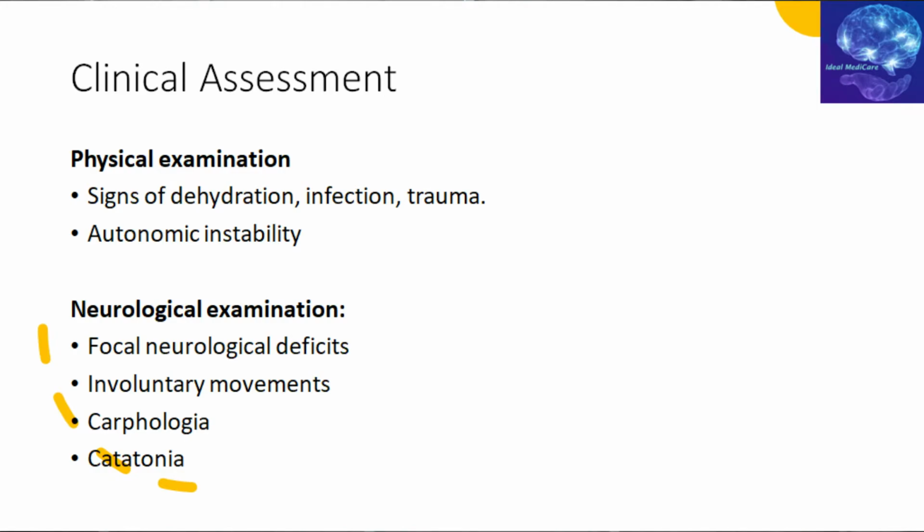These patients tend to have involuntary movements. When we talk about involuntary movements, it could be tremors, which are usually 8 to 10 hertz tremors, mostly action-related. These patients may be having asterixis, like we discussed in our case, which is a negative myoclonus, or inability to maintain sustained posture. These patients tend to have asymmetric myoclonus as well. There could be carpologia, which means they are picking at objects, like picking at the sheet or the buttons. Catatonia is flexibility. Usually our psychiatric colleagues help us with the catatonia and management of these patients.